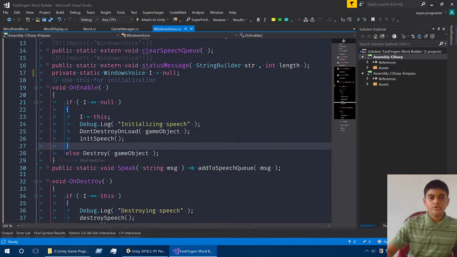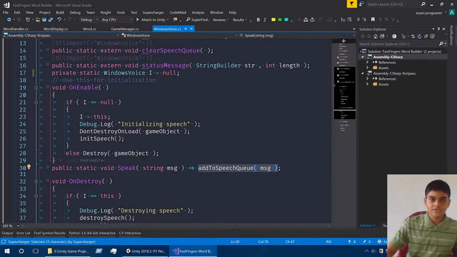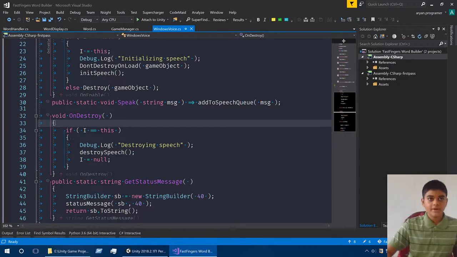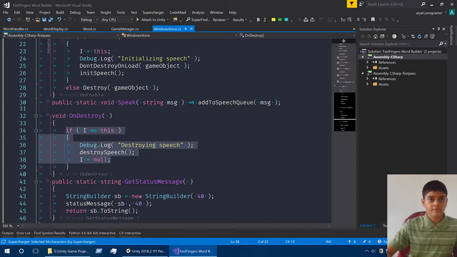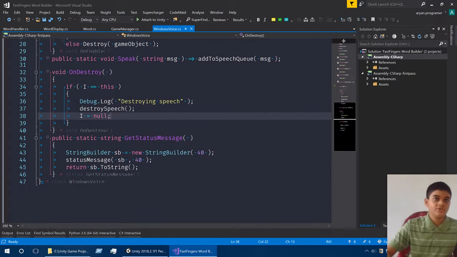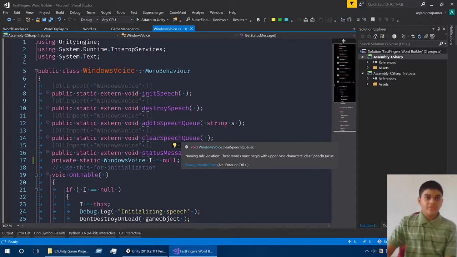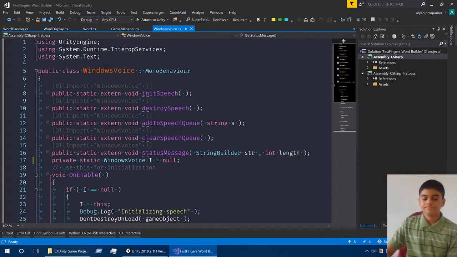And static void speak. This will add to the speech queue MSG. We need a queue here because there might be multiple strings over there. Okay. And on destroy, meaning when it is destroying speech, we have to destroy the speeches when I is equal to null. Okay. And this just returns the status message string builder. Okay. And that concludes